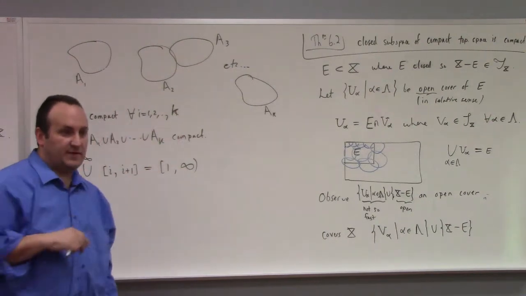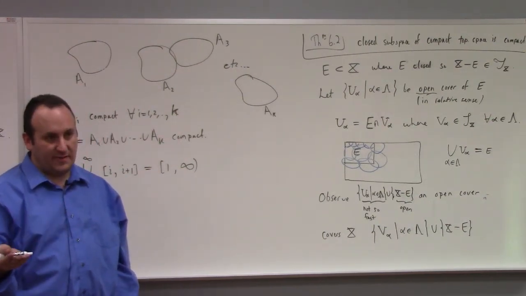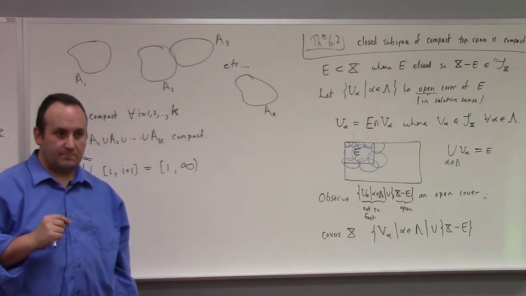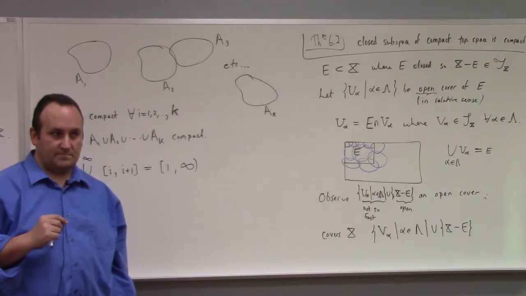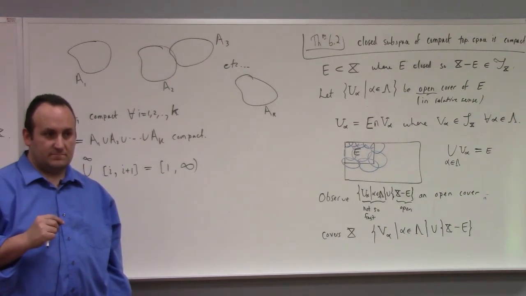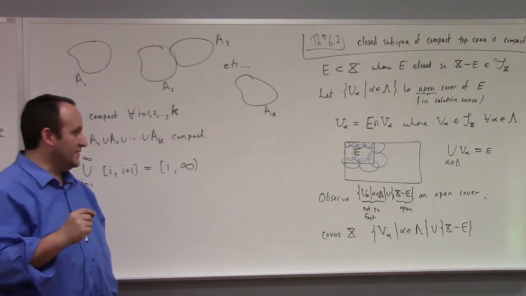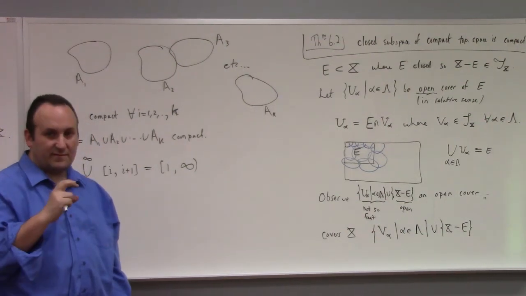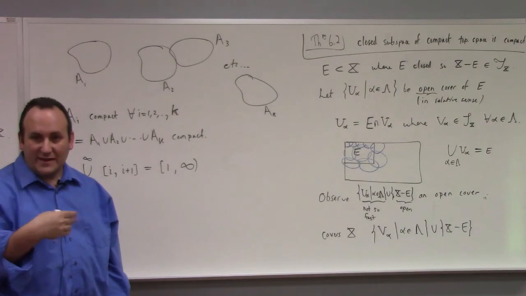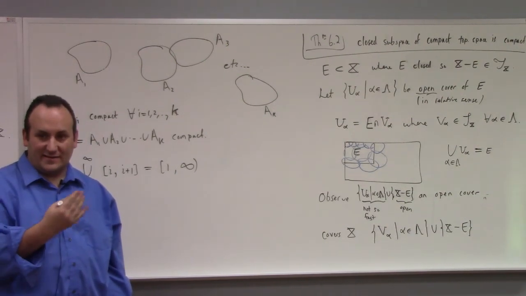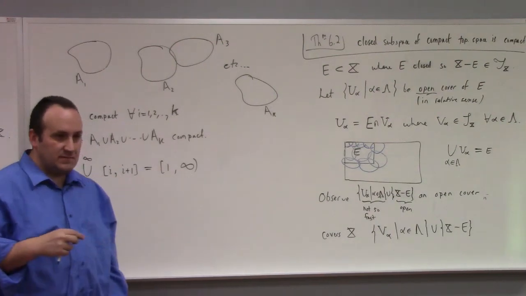Now we have an open cover of X, but X is compact, so there exists a finite subcover, right? And it follows that there must exist a finite subcover of the U alpha. If we needed an infinite number of U alphas to cover, that would contradict the finiteness of the